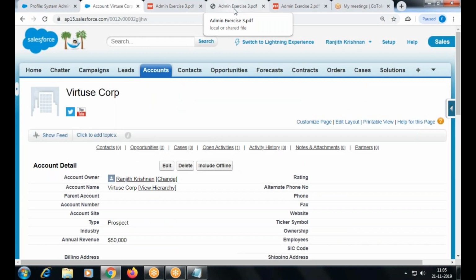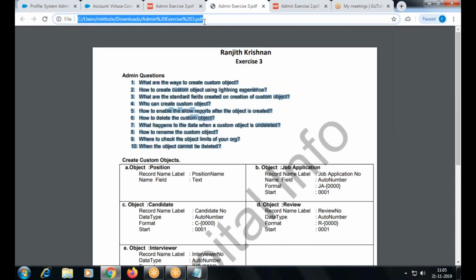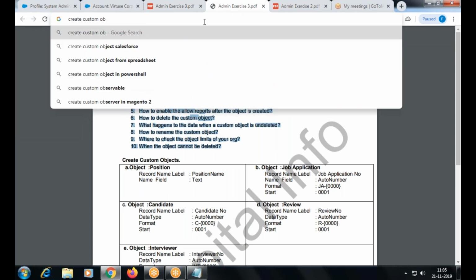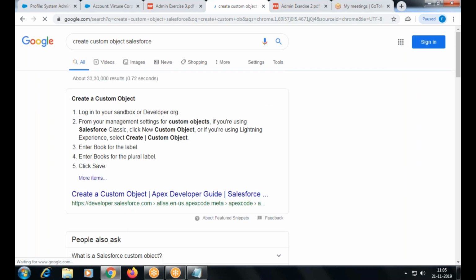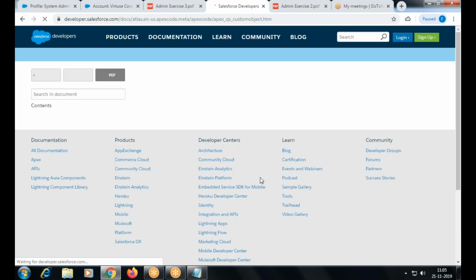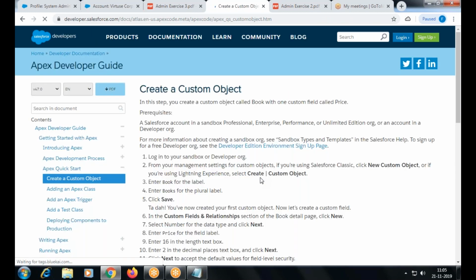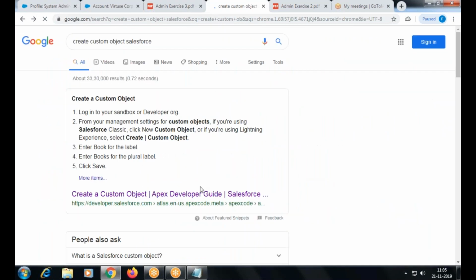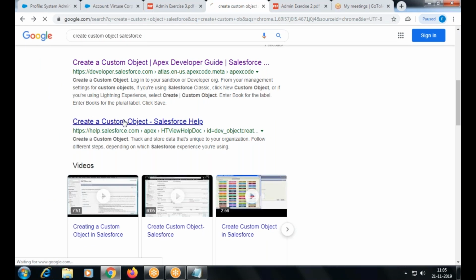Okay, if you disable this, the user cannot customize the application. Okay, in general, if you'd like to know, create custom object. It's not given here. help.salesforce.com will give more information about your tool. Okay. About every feature that you're seeing, you can find the tutorial.